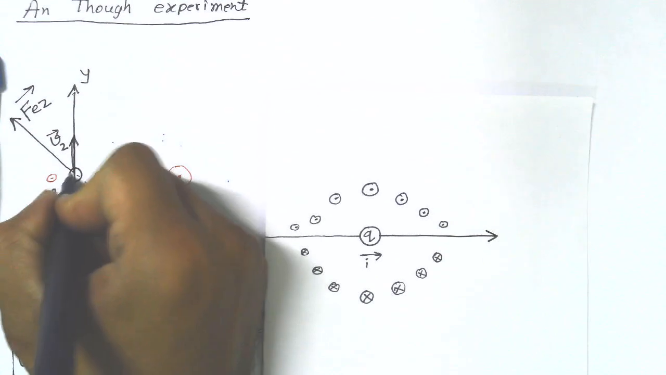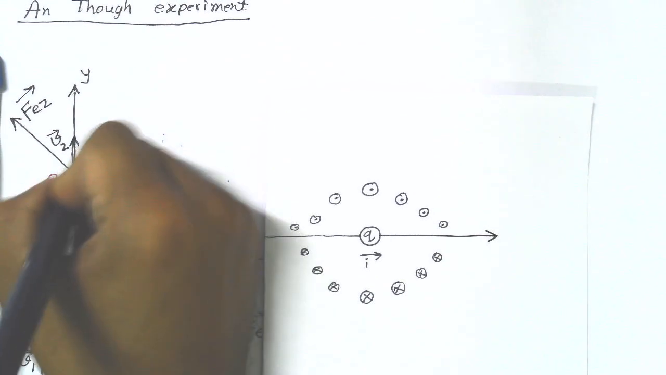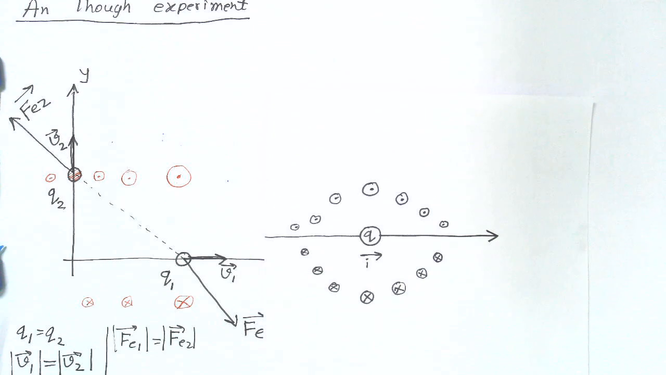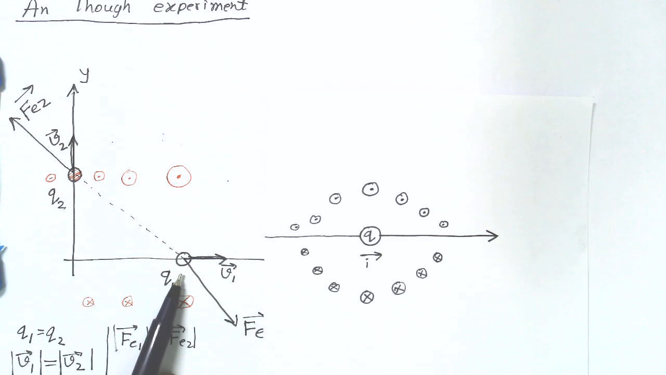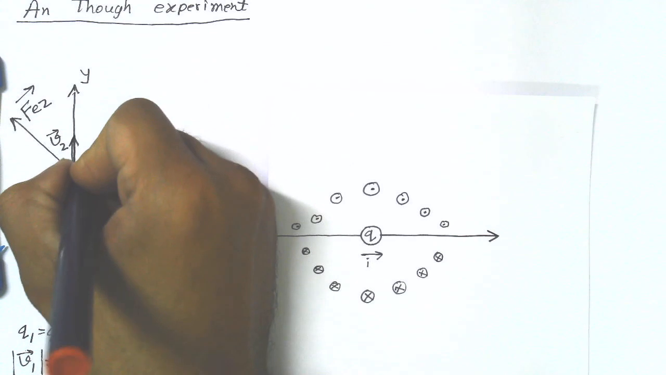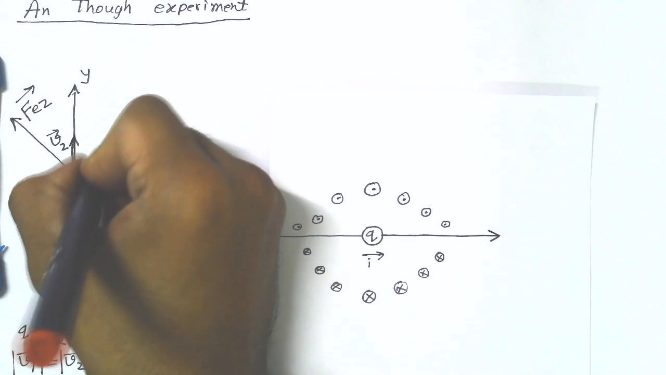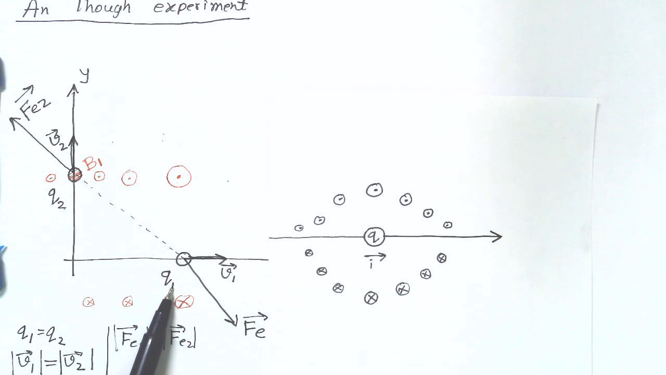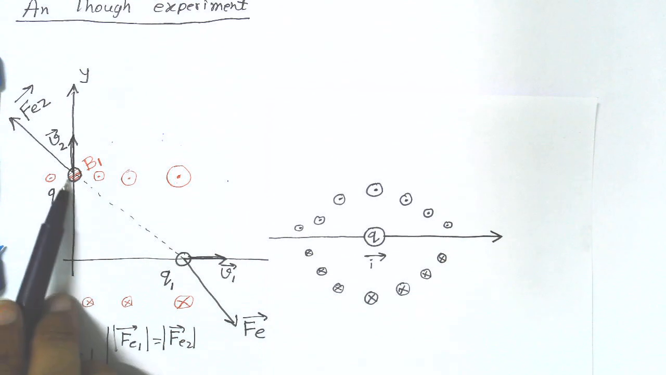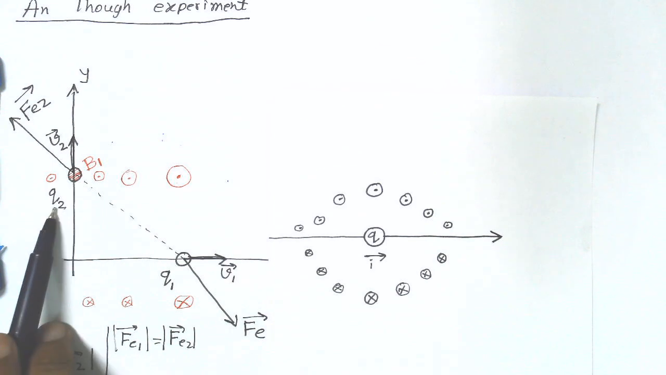Now this second charged particle Q2 is in the magnetic field created by the first charged particle. Let me call this magnetic field B1. Why 1? Because this is created by particle 1. So this B1 created by particle 1 will give some force on this moving Q2, and this force is governed